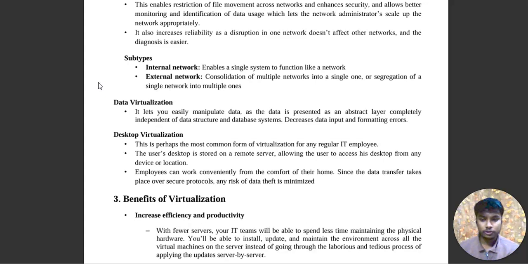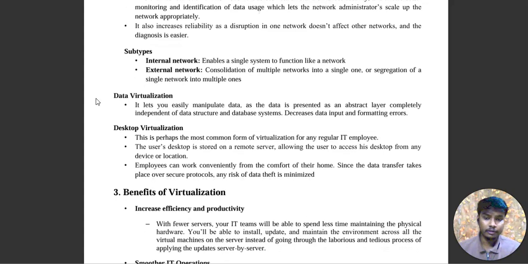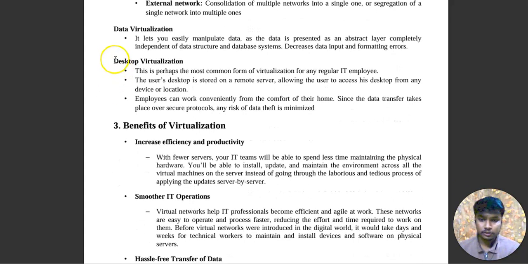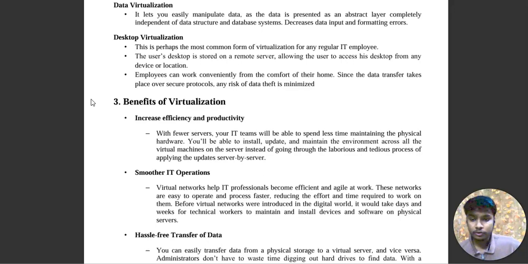And now the last two types of virtualization are data virtualization and desktop virtualization. In data virtualization, it lets you easily manipulate data, as the data is presented as an abstract layer completely independent of data structures and database systems. Okay. And the last type is desktop virtualization. Now we are going to see